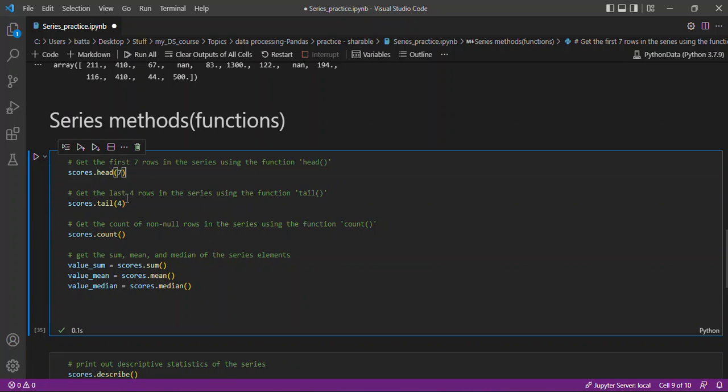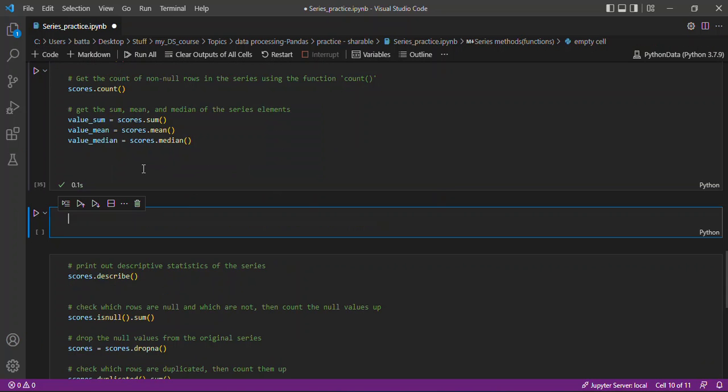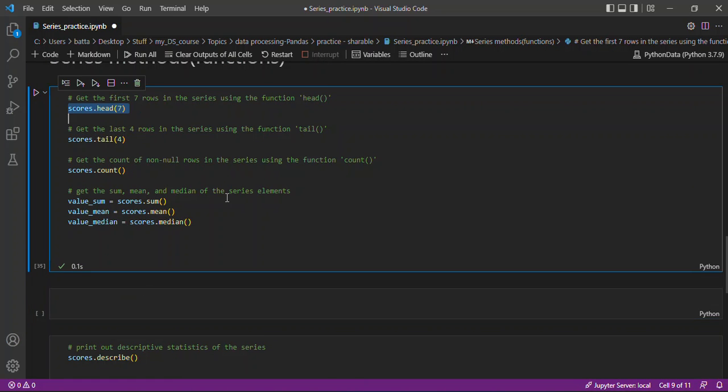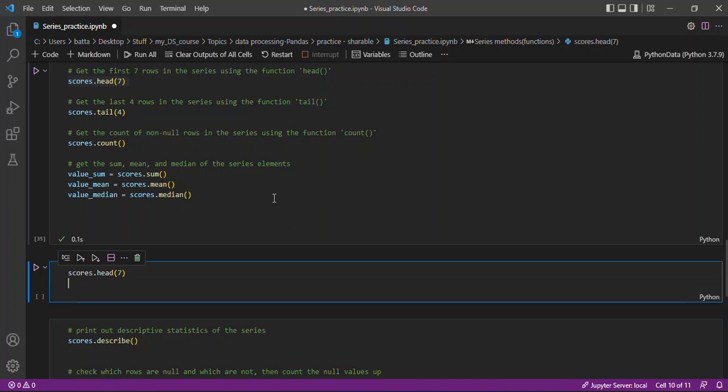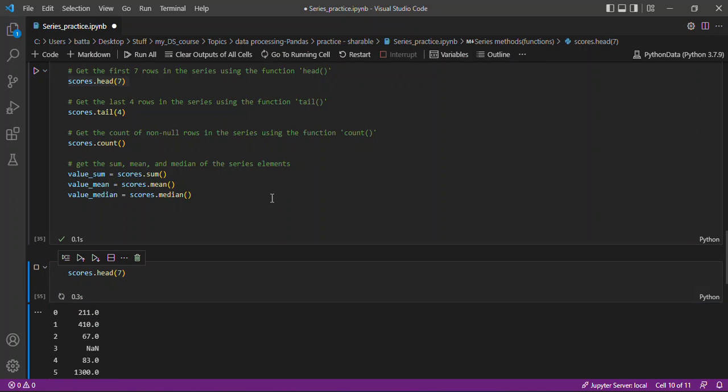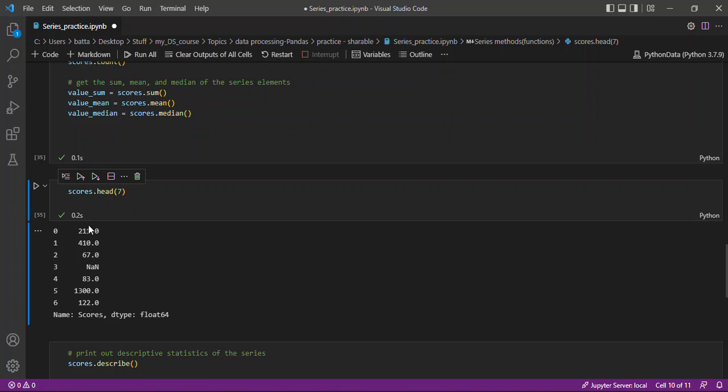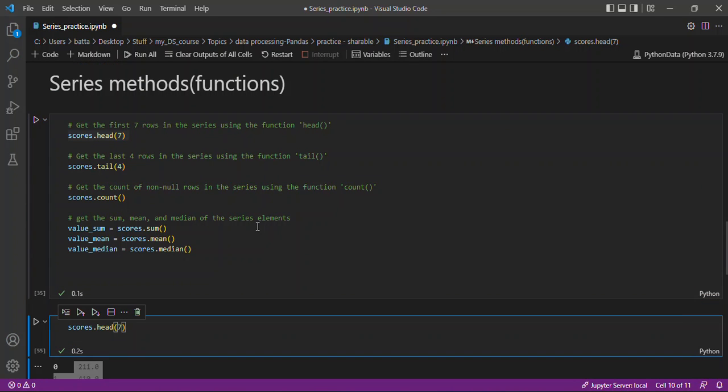So let's go to a new cell and call this function. As you can see, it retrieved the first 7 rows in that series. 1, 2, 3, 4, 5, 6, 7. Okay, now let's visit the